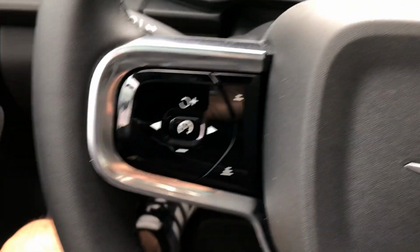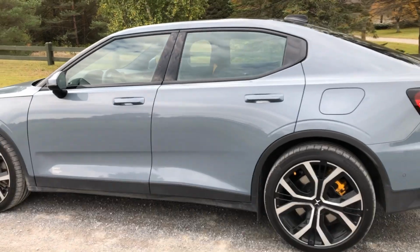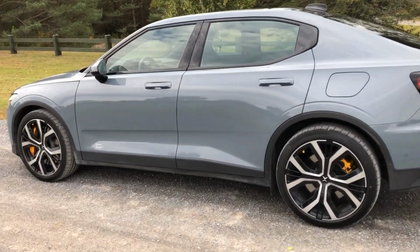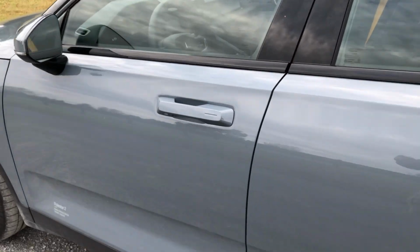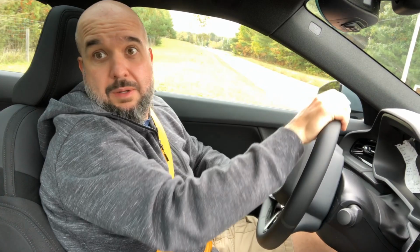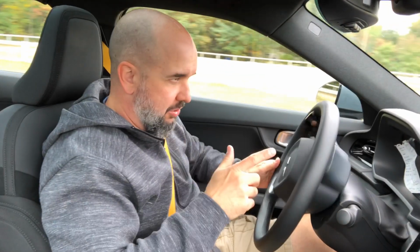I'm really, really liking this vehicle, and I'm liking the pricing, the packaging, the styling. I'm going on and on, eh? So maybe I'll stop there, and we're going to take this for a spin, and I'll tell you a little bit more. All right, so before I go on, I was warned that this is a pre-production model,